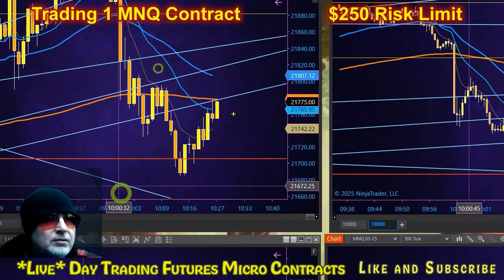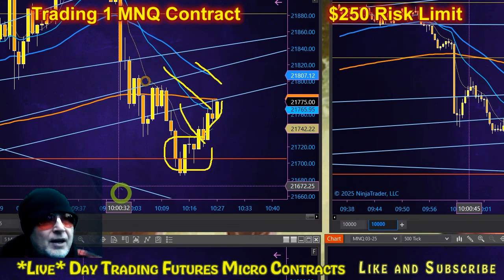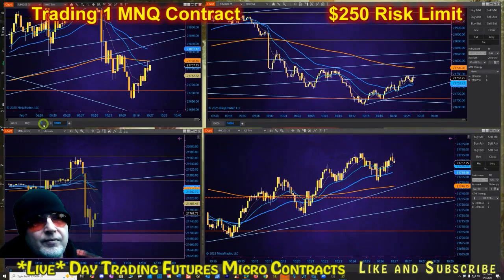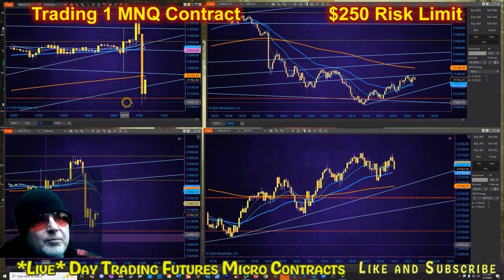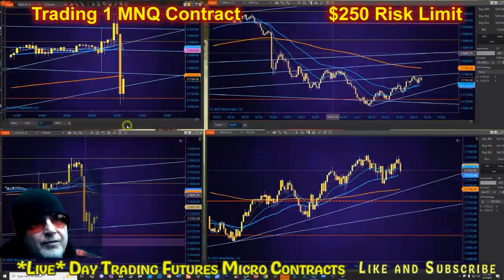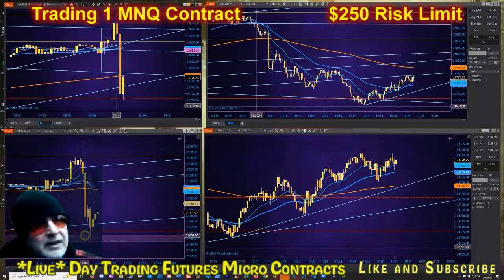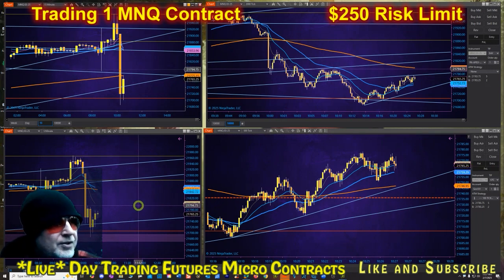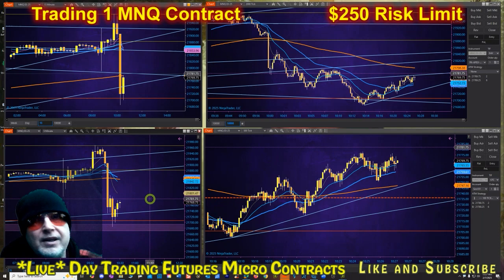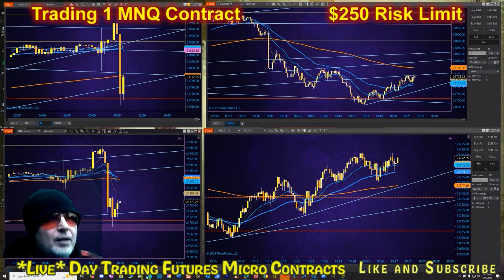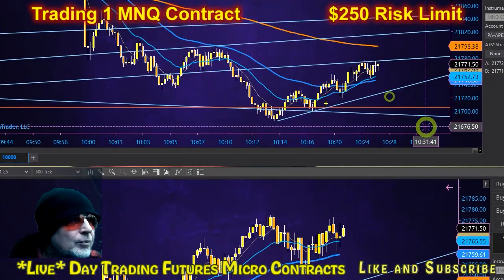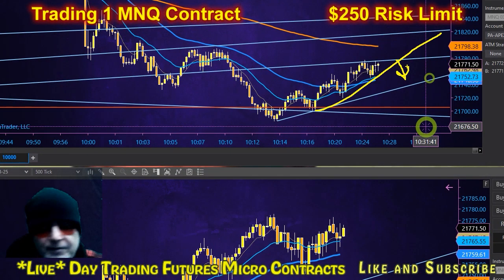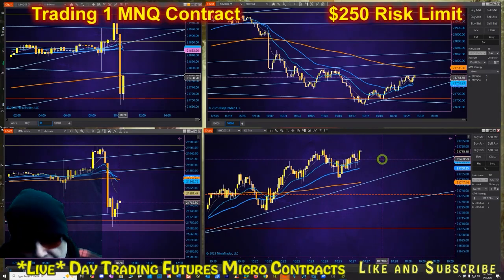It is below, well, it was below all the moving averages. Starting to creep back up here. We got expansion to the downside on the 10,000 tick chart. And price has fallen below all the moving averages on the 15 and the 5-minute chart. Doesn't mean it's not going to just go straight back up. You know, this V-shaped recovery stuff can happen a lot with the NASDAQ and the MNQ, but I'm more short than not. So I'm looking for some trend line breaks to the downside,